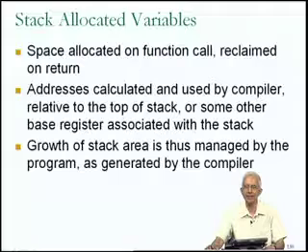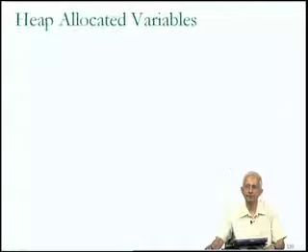If you're writing a C language program, you have no idea that this activity is happening. The instructions to do this are generated by the compiler. Okay, now what about heap allocated variables? Now I had mentioned that heap allocated variables are the variables, the pieces of data whose lifetime starts from an explicit creation point and the lifetime ends at an explicit